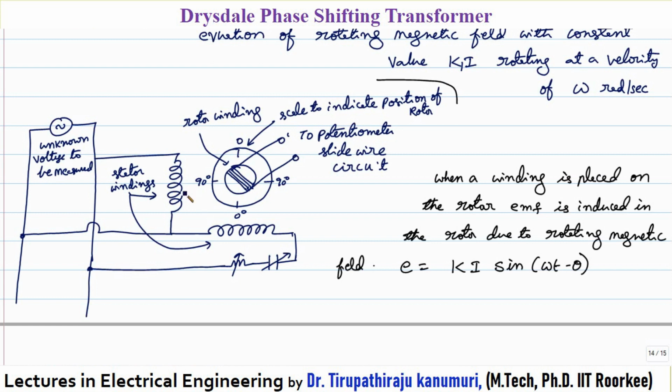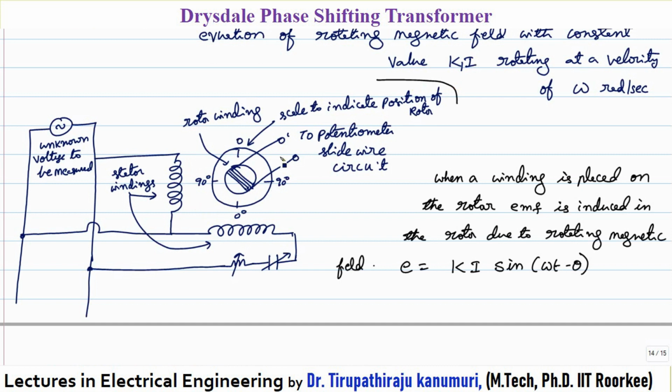Whenever two windings have currents displaced by 90 degrees and are also physically displaced by 90 degrees, we have seen that a rotating magnetic field will be produced, which rotates at constant magnitude with respect to time. Now this rotating magnetic field is acting on the rotor.